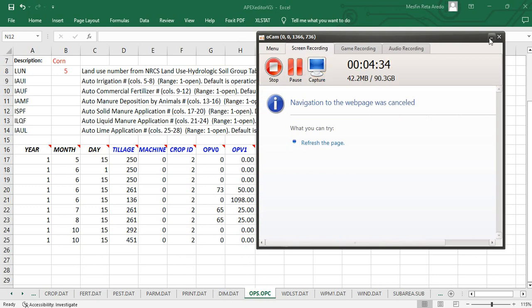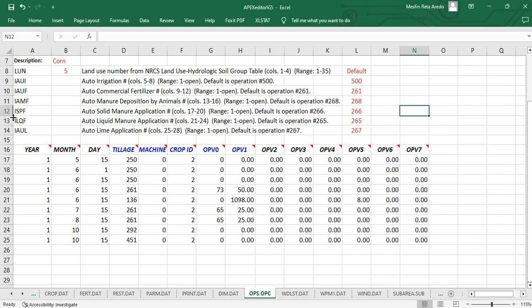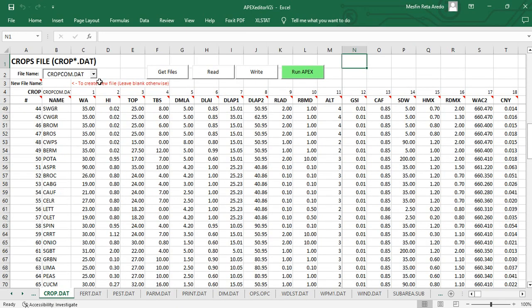Which days did we do plantation? That's 1st of January. Yeah, right? Year 1, month 1, and 15. January 15 we did a plow. And we need to know what the crop ID for tomato is. So we go to crops.dat, get files,